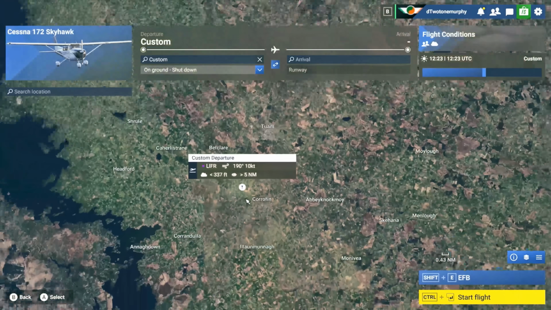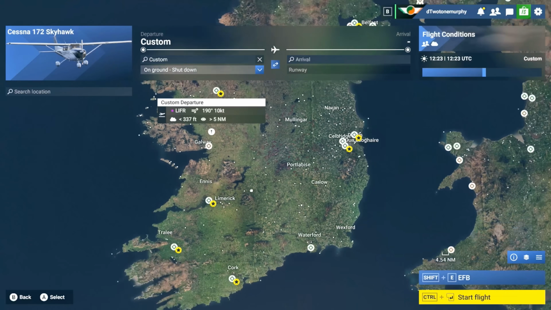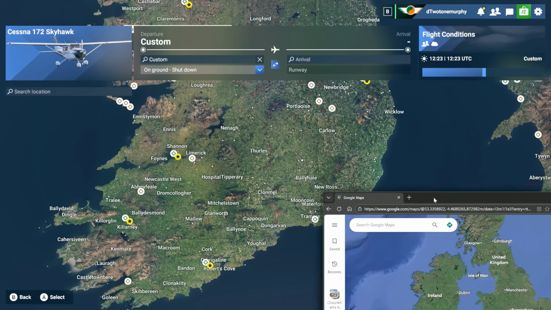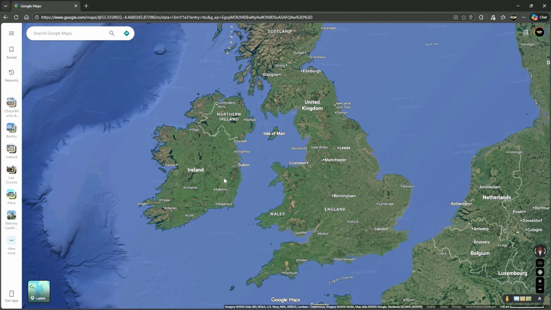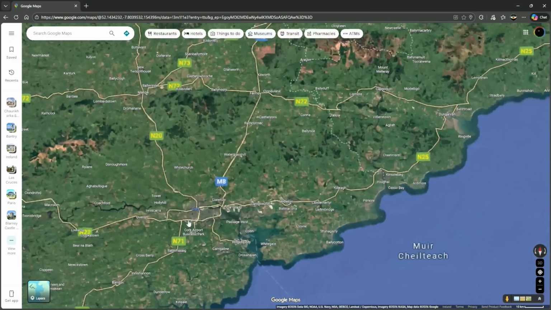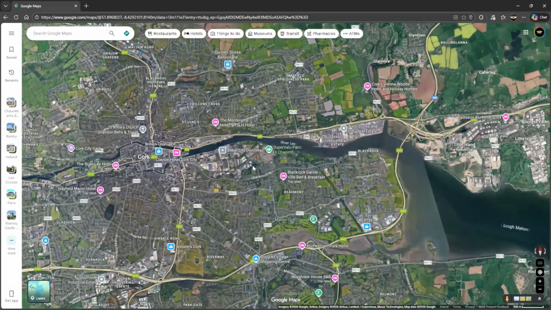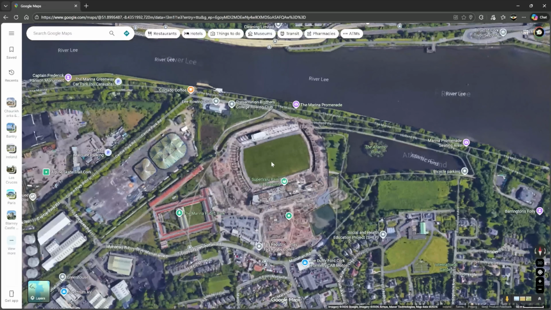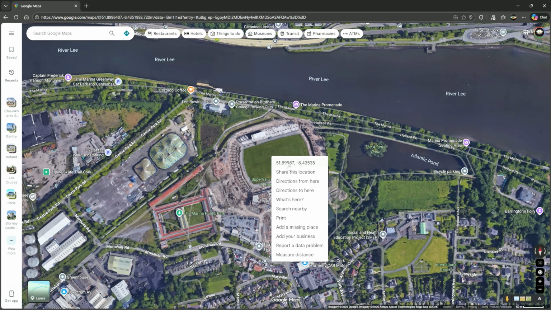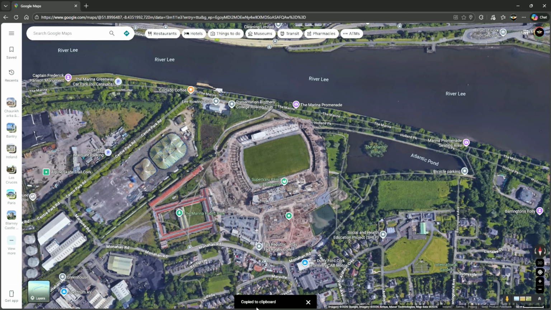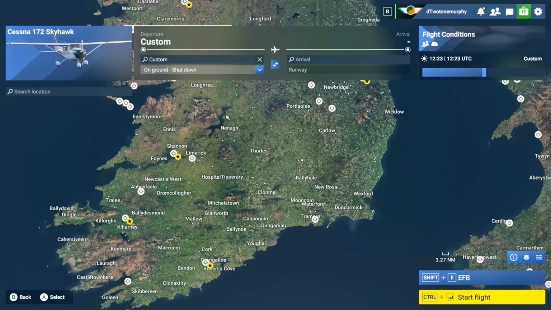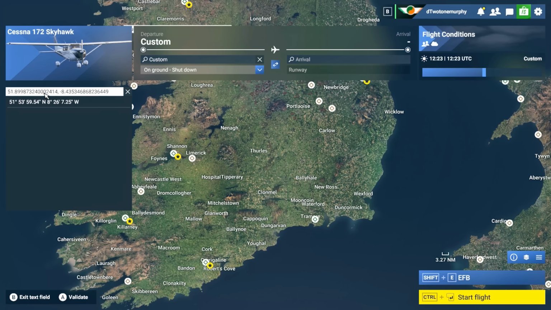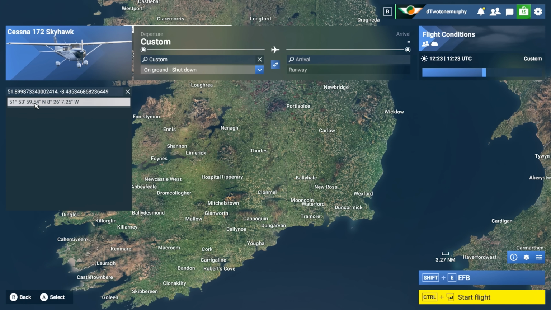But let's say, for example, we want to fly to a GPS coordinate. Maybe you're looking at Google Maps. Well, if we bring in Google Maps and we have a look, and let's say we want to find, I don't know, we'll go down to Cork here. And if we zoom in and we want to go down to Parkyqueeve, well, if you were to right click using Google Maps, you'll notice that you get a latitude and longitude number up at the very top. If you click that once using a left click, it should copy it straight to your clipboard. Then if we come back into the sim, we have a search location bar. And if we just Control V to paste, it'll find the location for you. If you click on it,